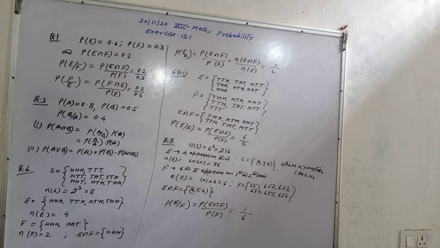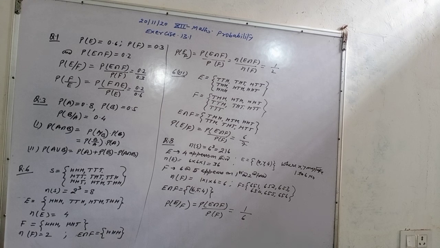Now see one more question. Question number 8. A die is thrown thrice. When a die is thrown thrice, the number of results will be 6 cube, that means 216. You can't write all the results, so here you have to write only the total number of results, n(S). And E is the event when the die shows 4 on the third throw. So on the third throw, 4 appearing.